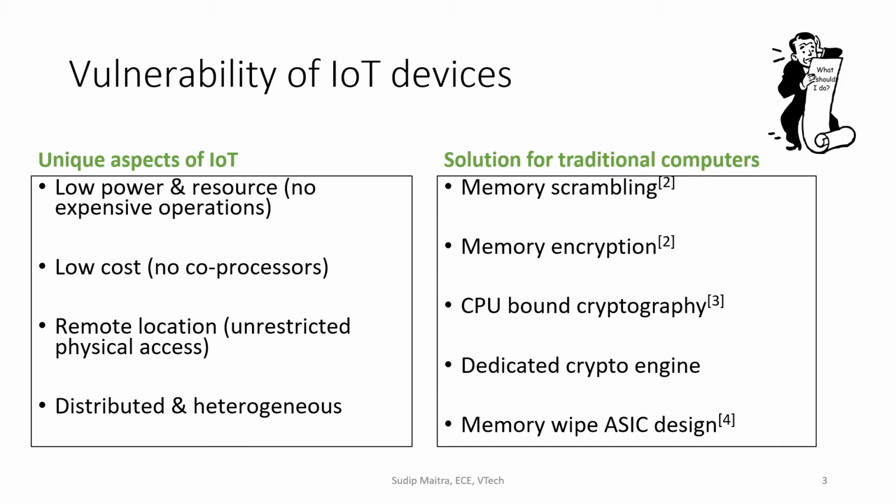Memory scrambling is a feature added to later generations of memory modules like DDR3 and 4, but researchers have shown that the scramblers can be easily defeated. Another solution is to employ full memory encryption, but it incurs energy and performance penalties, both of which are undesirable